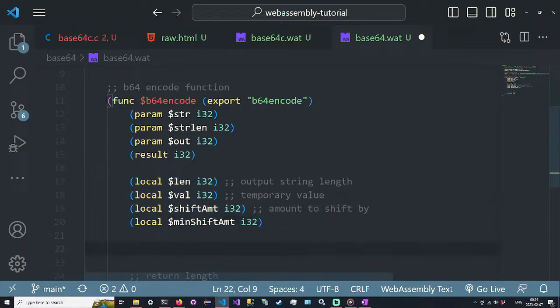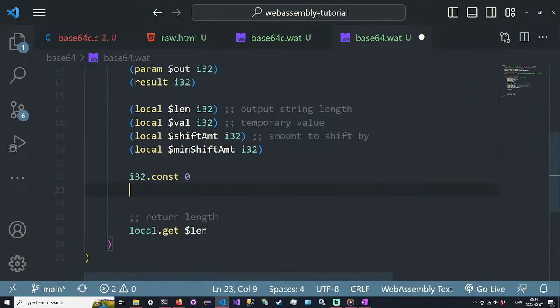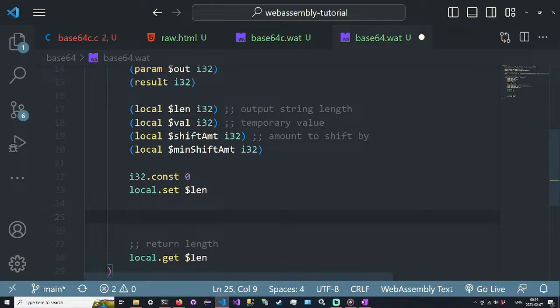So we're going to start just by initializing our output length, so i32.const 0, local.set length. And then we're going to go into our main loop. So we have main loop